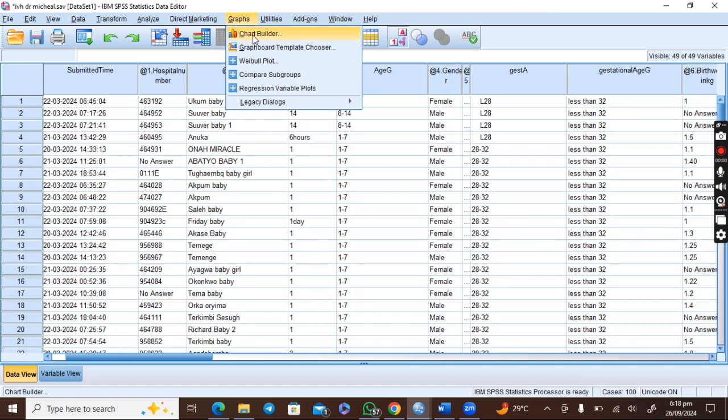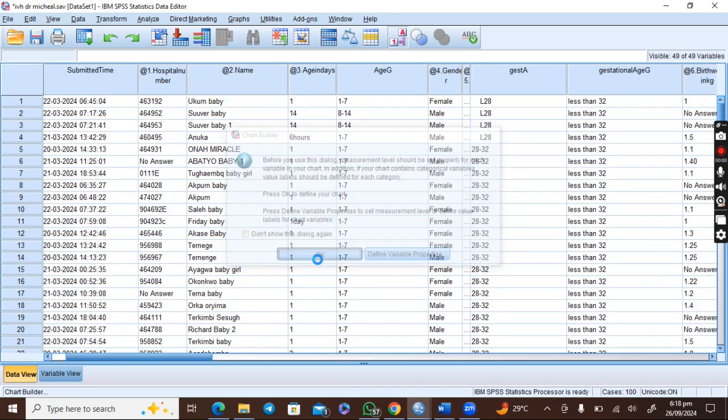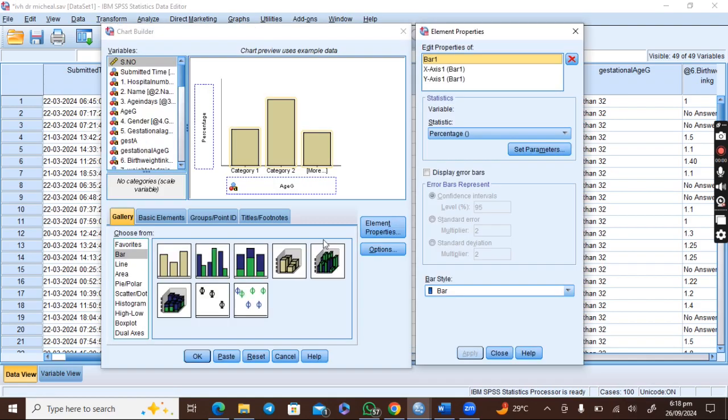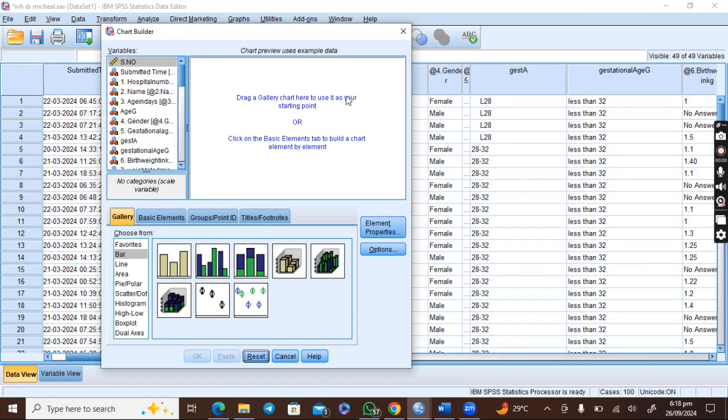So I'll go to graph, I'll go to chart builder, and then allow this to open up. So let me just reset everything. So when you open this is what you get. So I'll go ahead and pick. Now when you look at this